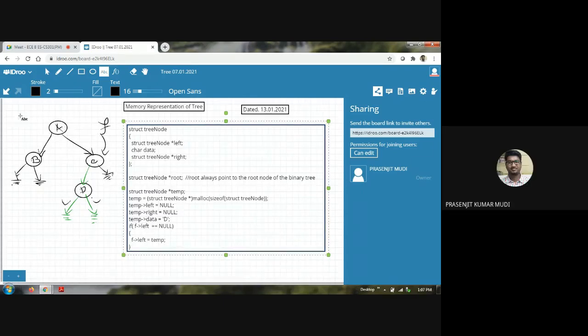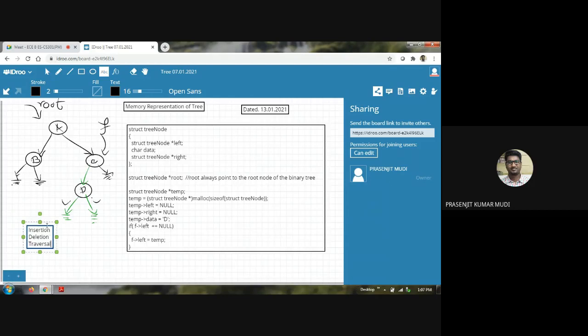So ultimately the concept is there is always a root pointer, and its job is to point towards the root node of the binary tree at any time. And what are the operations you can perform over here? That is insertion, and then deletion, and then traversal. Okay? So these are the operations.